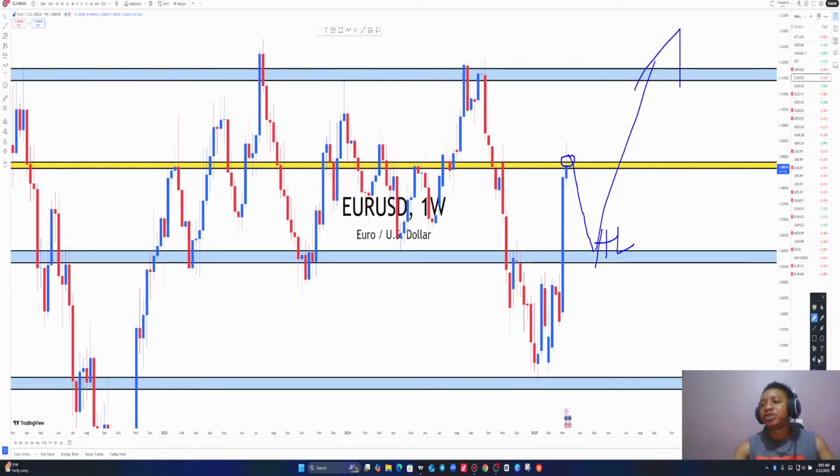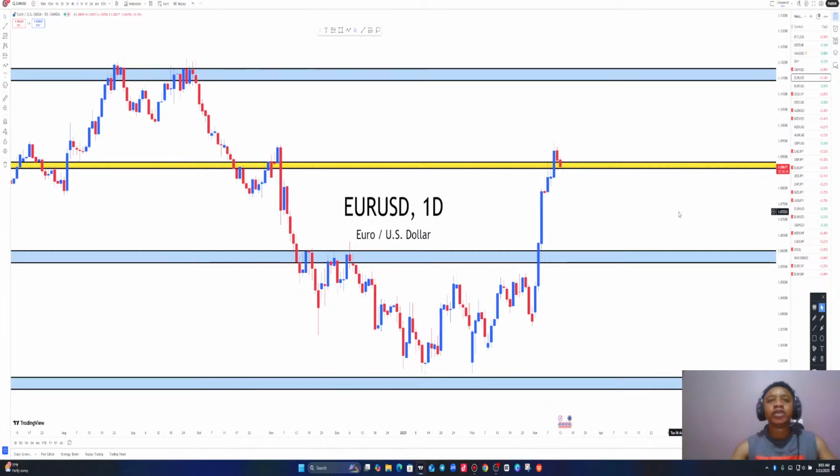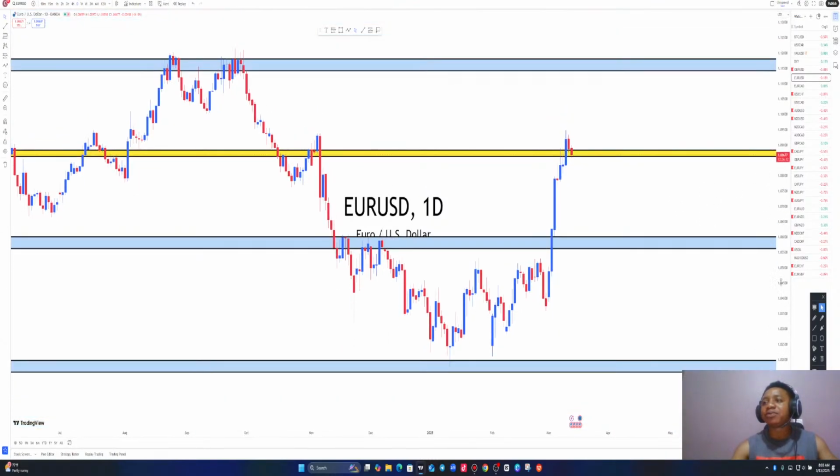So let's take it all the way to the daily time frame to understand what the daily is doing around the resistance level of the weekly before we can pick our sell to capitalize on the retest or the higher low before price moves all the way to the upside as well. Right, so Euro USD, let's take it again to the daily time frame where we can understand things furthermore. All right, so this is Euro USD on the daily time frame. On the daily time frame, you can currently see that price is seeing sell pressure on the weekly resistance level, which means that